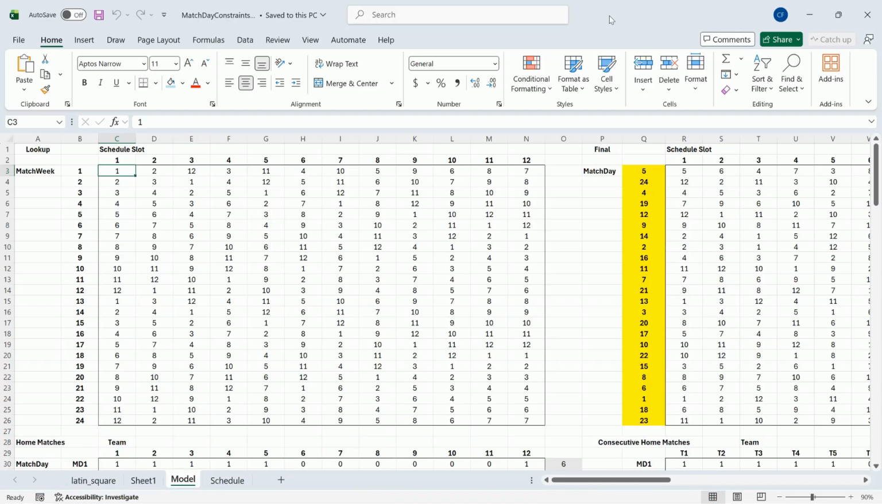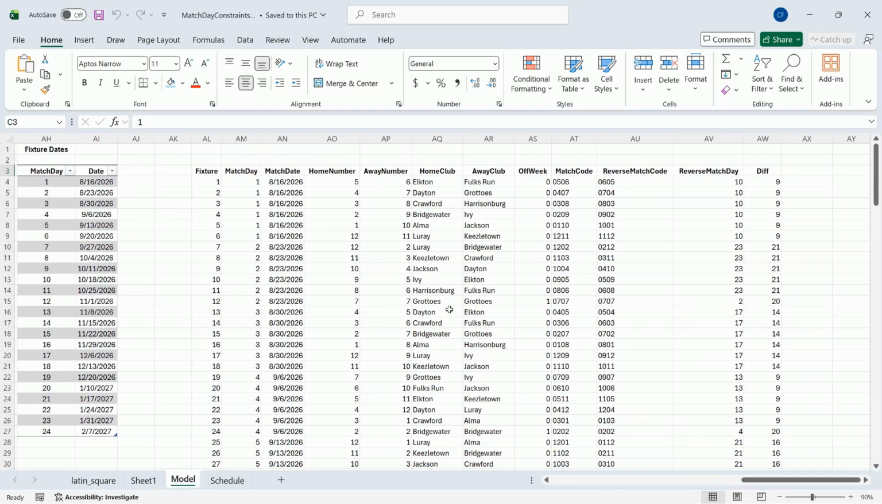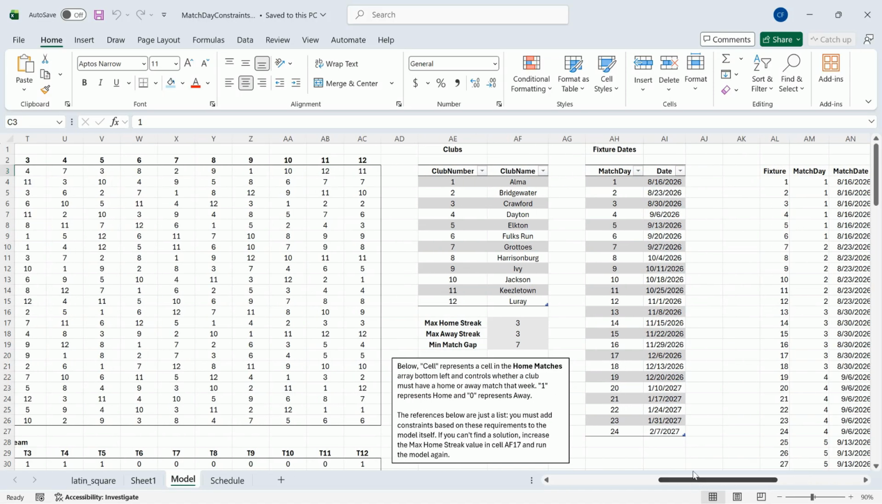So far, we have created a schedule for our 12-team league, and I see it all the way over here on the right, in columns AL through AW. What we did in the last movie was to ensure that clubs didn't play each other too close together in the schedule. And we had a minimum, I believe, of 7 weeks. So if I scroll back over, yep, I see that the minimum match gap, which is listed here in AF19,